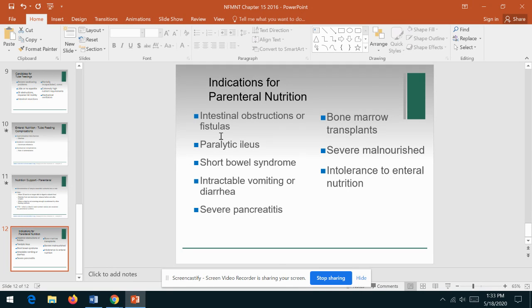Obviously, if there's some sort of intestinal obstruction or fistula, and remember that a fistula is an abnormal opening from one organ to another. A paralytic ileus is like a paralyzed portion of the GI tract. So sometimes that happens after a surgery and it'll eventually go away on its own. A condition called short bowel syndrome, someone that's having difficulty with vomiting or diarrhea, severe pancreatitis where we need that GI tract to rest. So remember, one of the functions of the pancreas is to